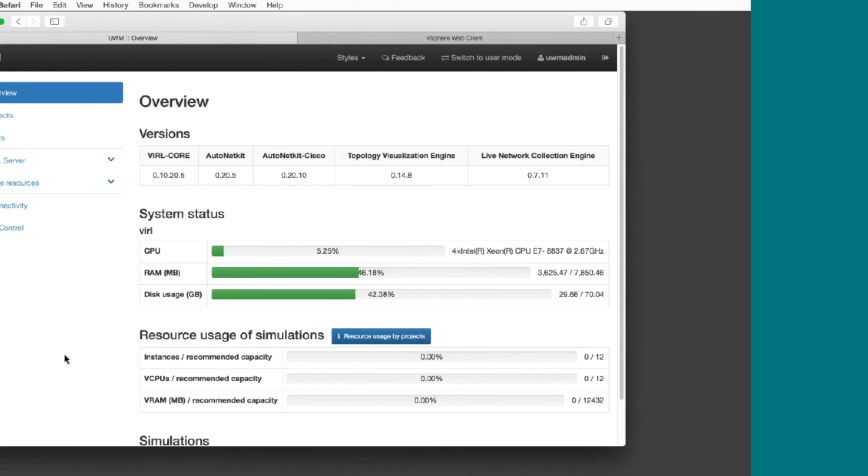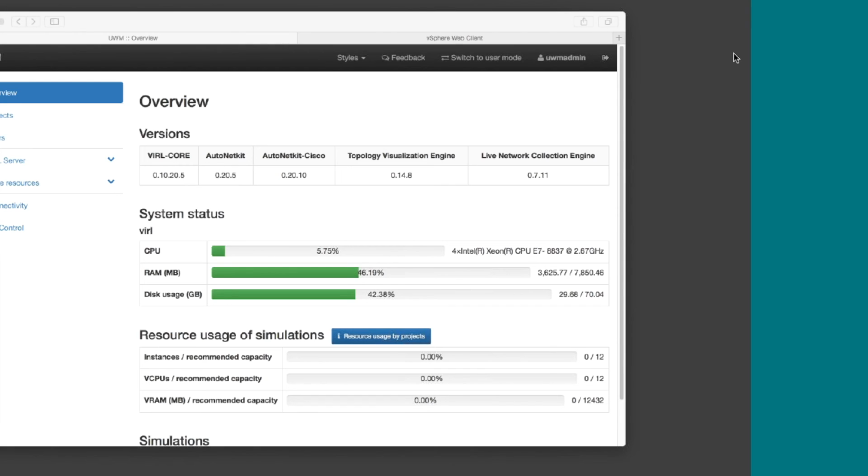Okay, so the next part we're going to talk about a new feature, I guess a new setting we're exposing in the user workspace management web app for RAM and CPU overcommit values. So let me get VIRL Maestro up here, and we can take a quick look at what this feature is and why you might want to use it.